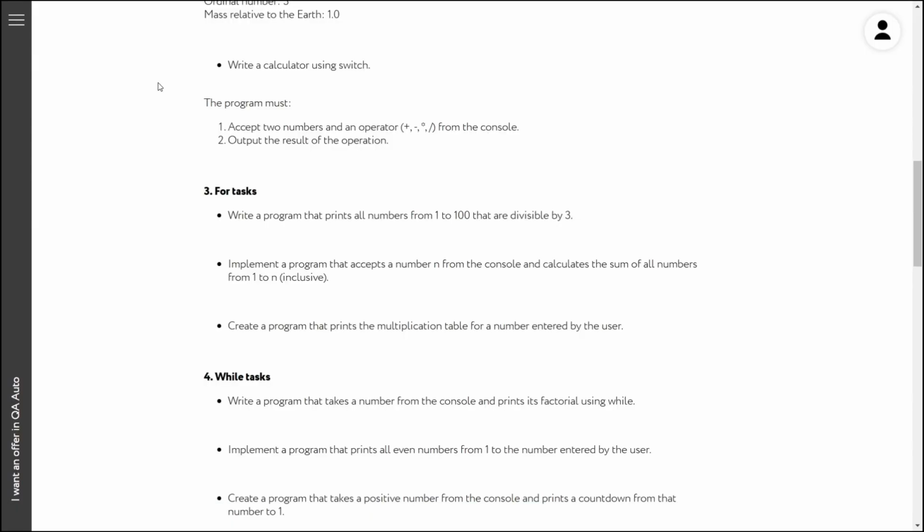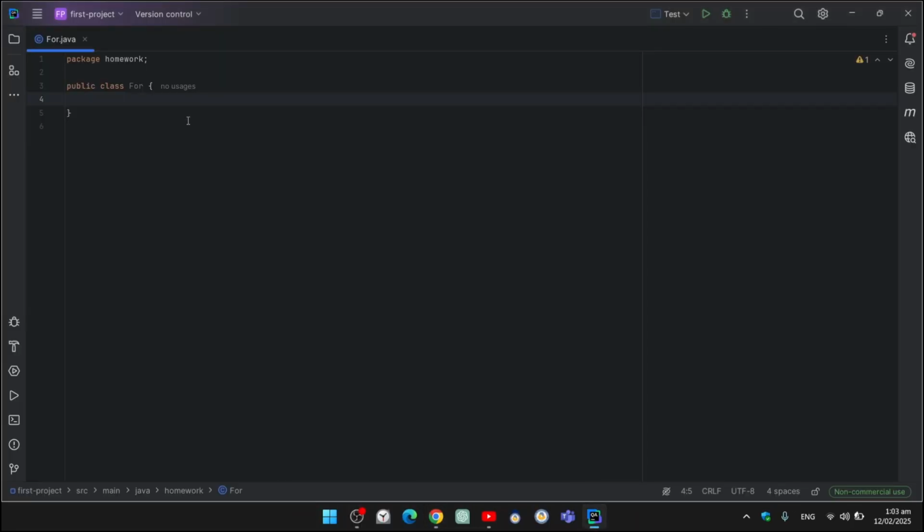Alright, so we're asked to write a program that prints all numbers from 1 to 100 that are divisible by 3. For loops are used with the tasks that require to work with the repetitive execution of the code blocks. So in this case, let's say